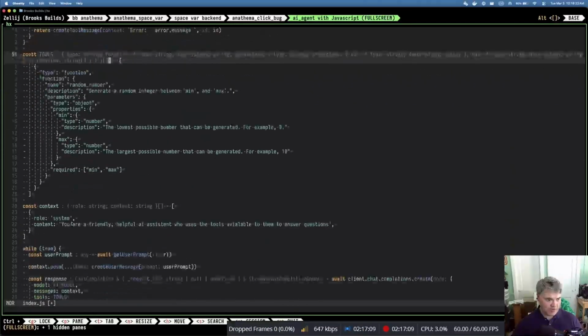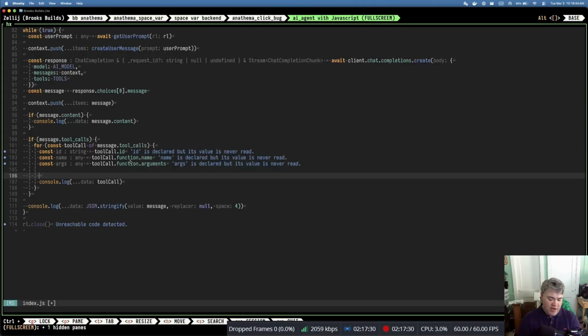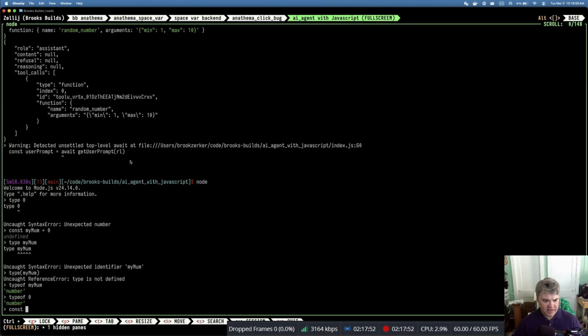now call the random number tool. If you have a bunch of different tools that you're passing in, you probably want to use something like a switch statement, or better yet, a lookup table. A switch statement probably makes more sense because in the case that it doesn't exist, we need to handle that, right? And I don't think, if I have a const lookup table, let's say that I